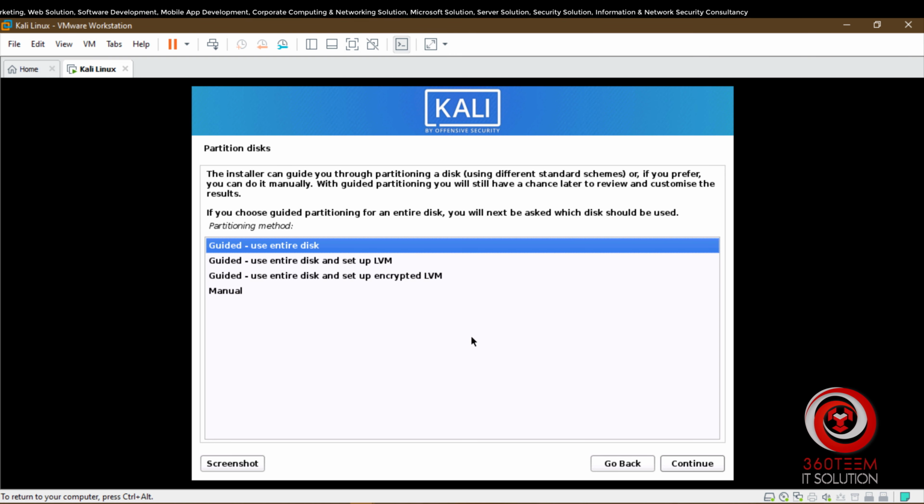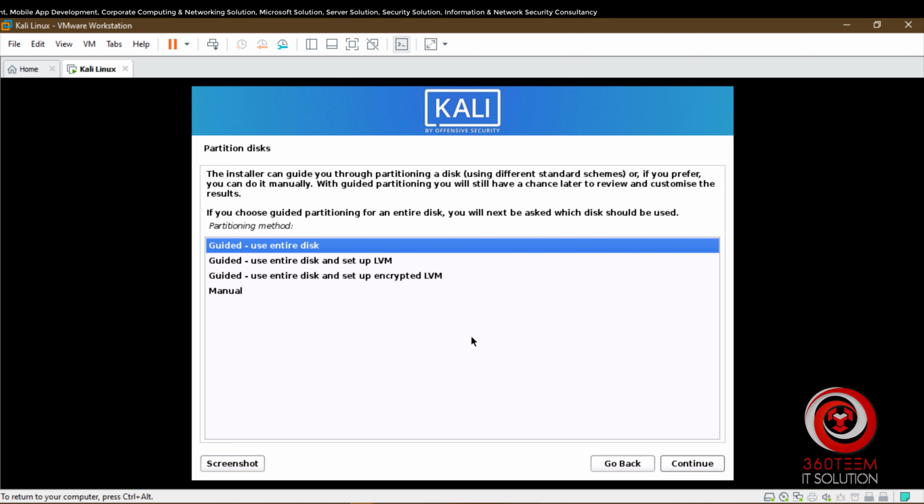I am using VMware Workstation to install Kali Linux on my pen drive instead of using it directly on my PC, because I may accidentally delete all the hard drive data or partition. Some users have already done it. For consideration of the risk, I am using it via VMware Workstation.